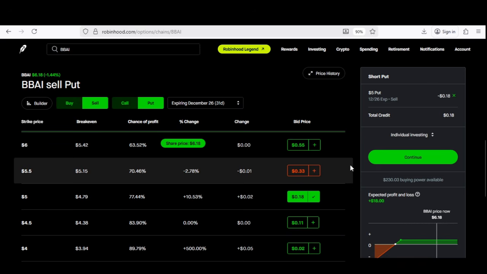Now, the best case scenario for you to do this first part of this option strategy is on a stock or an ETF that you actually want to own in your portfolio. This is actually a cheat code if you want to own stocks in your portfolio for a cheaper price than what it was trading at a couple of days before. Like I mentioned, I do have BBAI in my portfolio and I actually want to own more shares of BBAI. So this option strategy works perfectly for me. Please make sure you do option strategies on stocks that align with your portfolio.